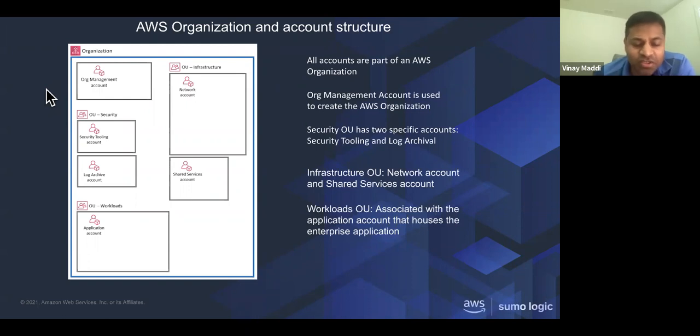One OU is a collection of, it can be a single account or multiple accounts, but essentially we say, divide your security aspect into one organizational unit, logging into another one. Then typically you will have some kind of shared services in a different organizational unit, and some kind of network architecture, network management.